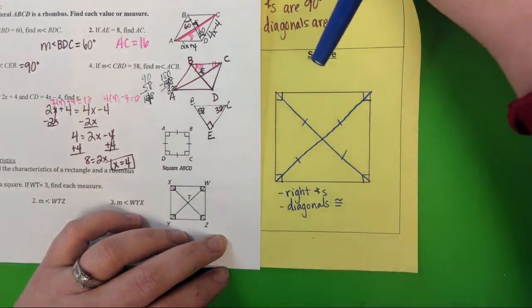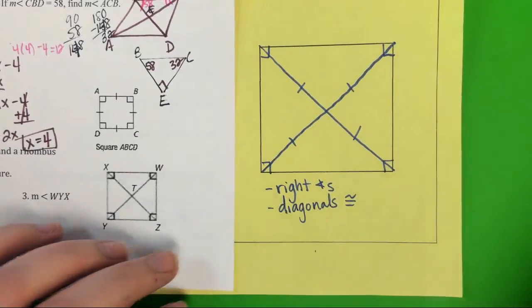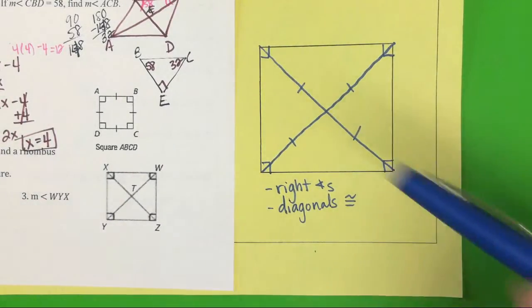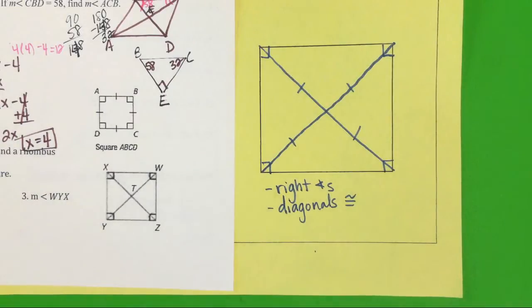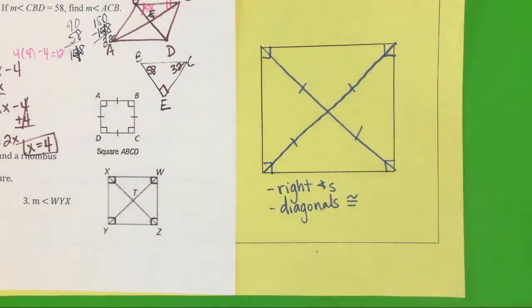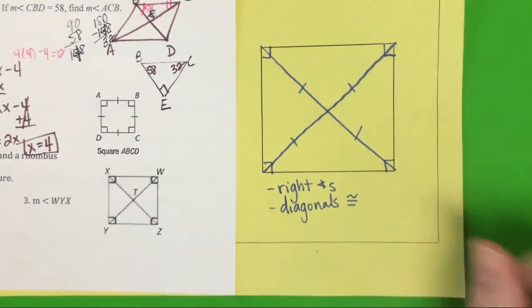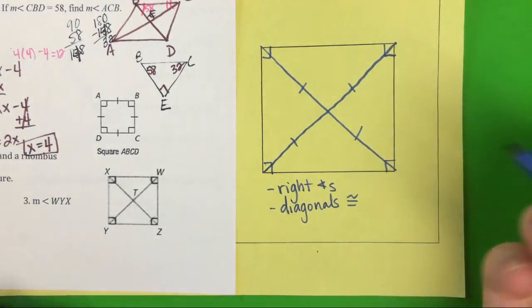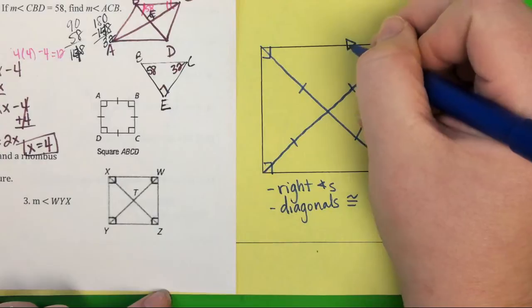And then let's see what else. Of course, they have the alternate interior angles, just like a rectangle has. And obviously, it's made up of isosceles triangles. Okay, now it also has the characteristics of a rhombus, which would be, of course, both rectangles, rhombuses, parallelograms, they're